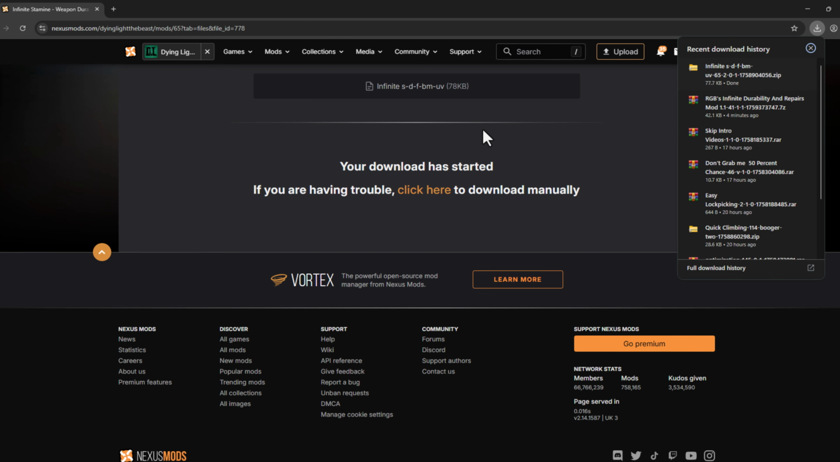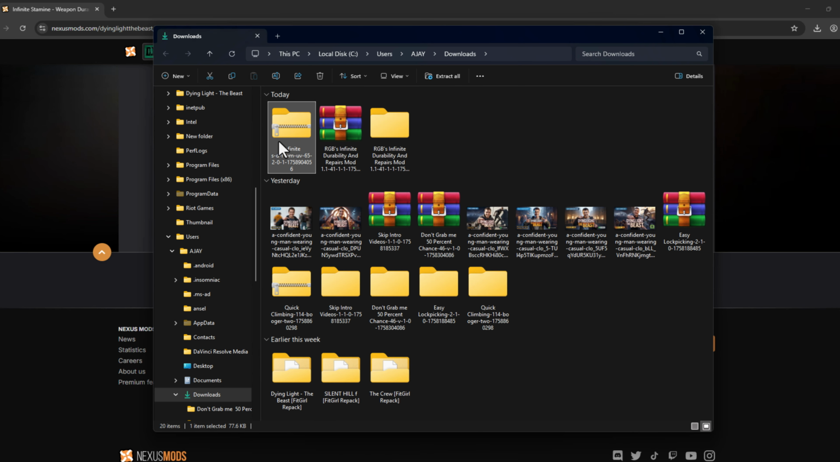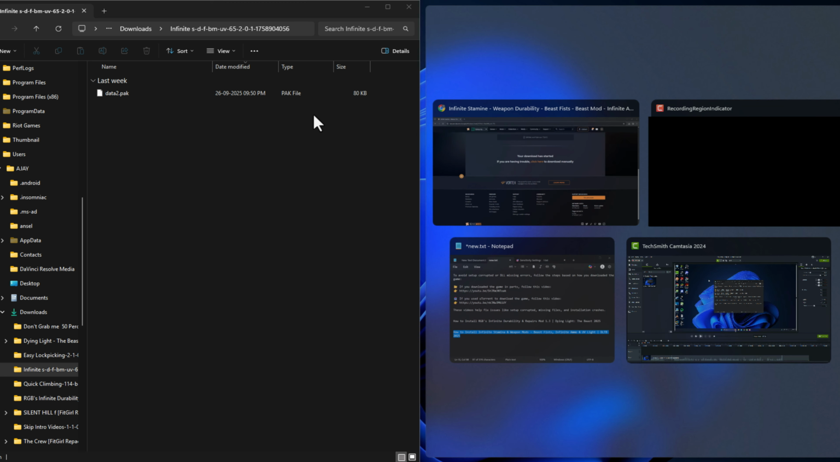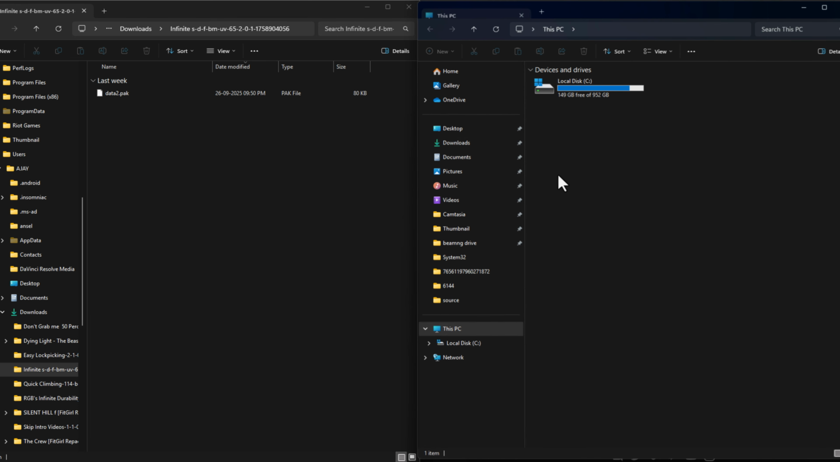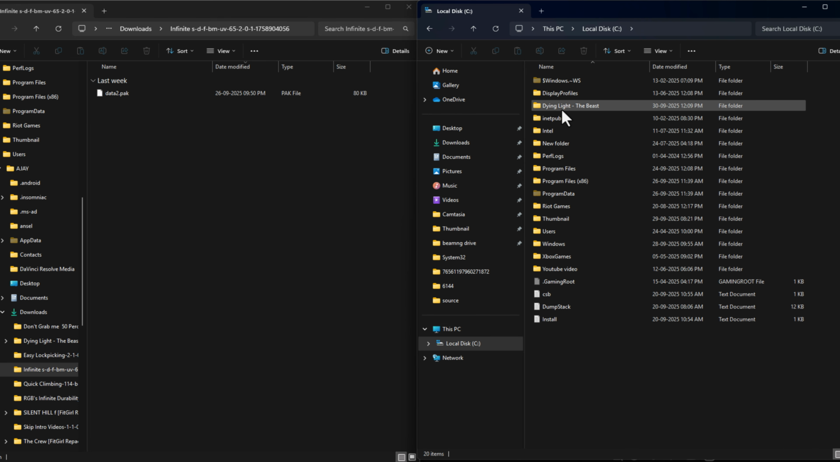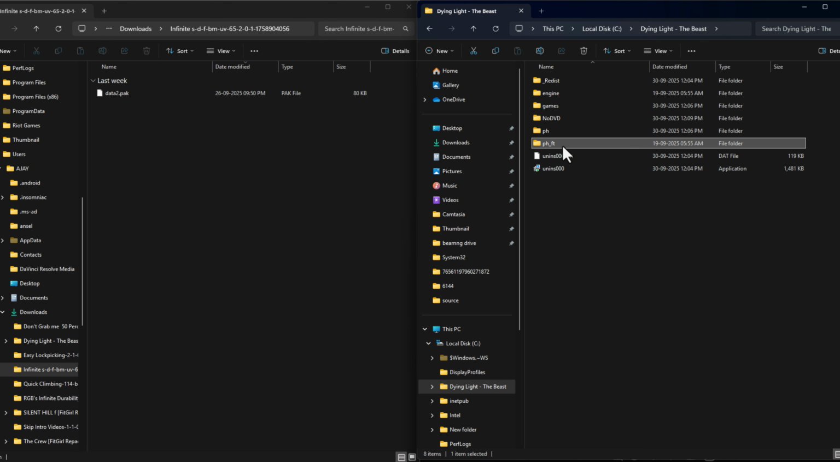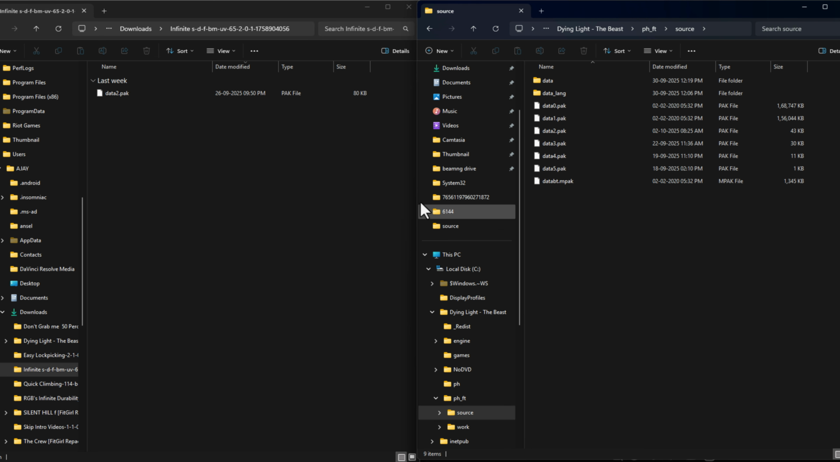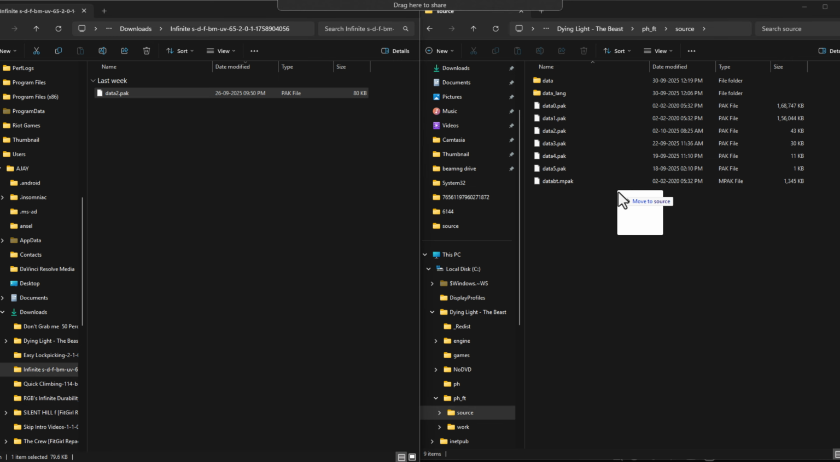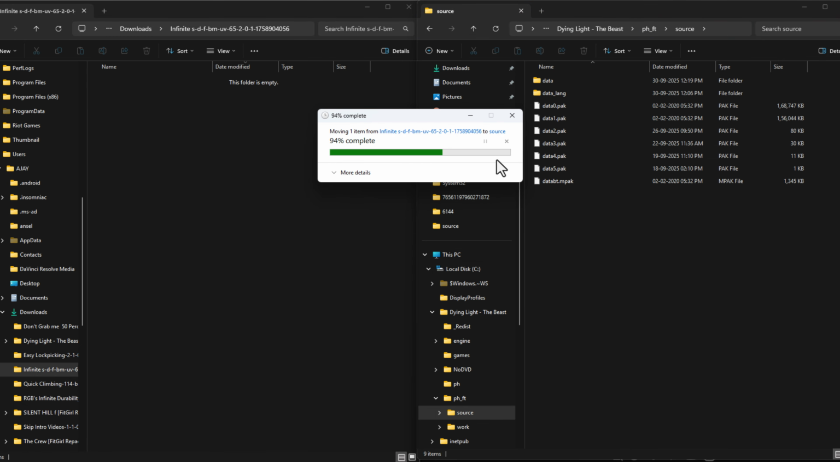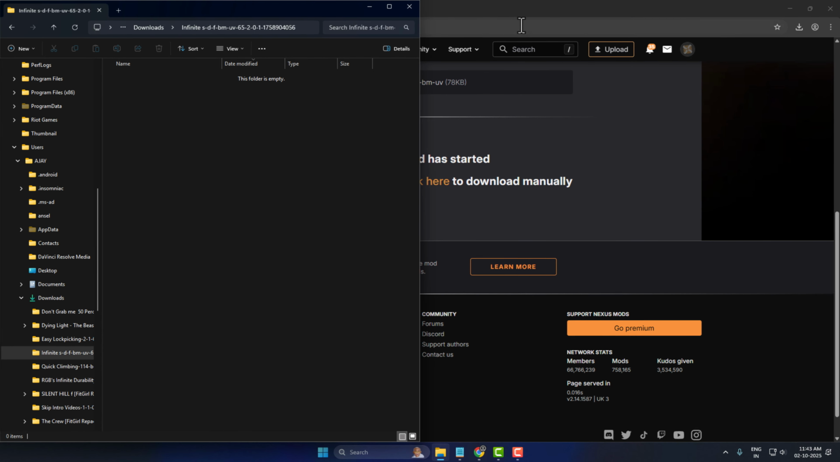And select this folder icon, right click on the downloaded file and select extract to. Now just drag it to the left. You just need to navigate to the game folder, guys. After you are in the game folder, you just need to go to ph_ft source. Just drag and drop this file to this game folder and select replace the file destination, and then just close it up here and